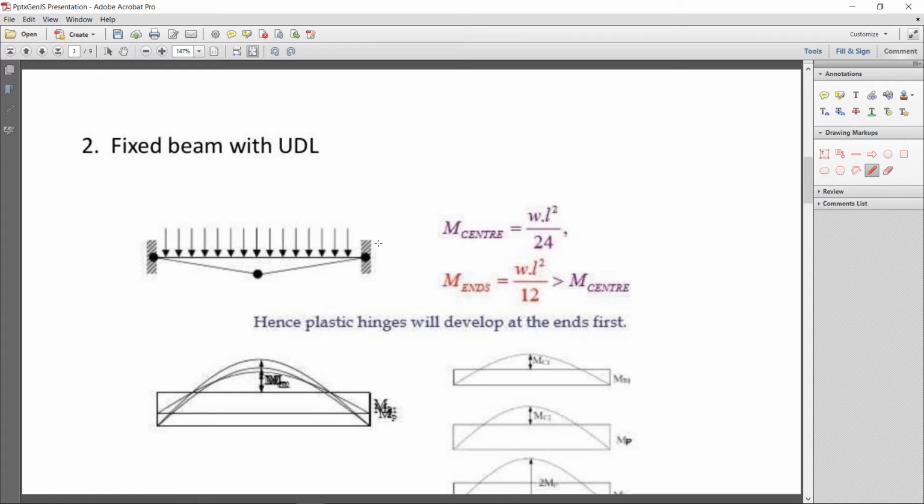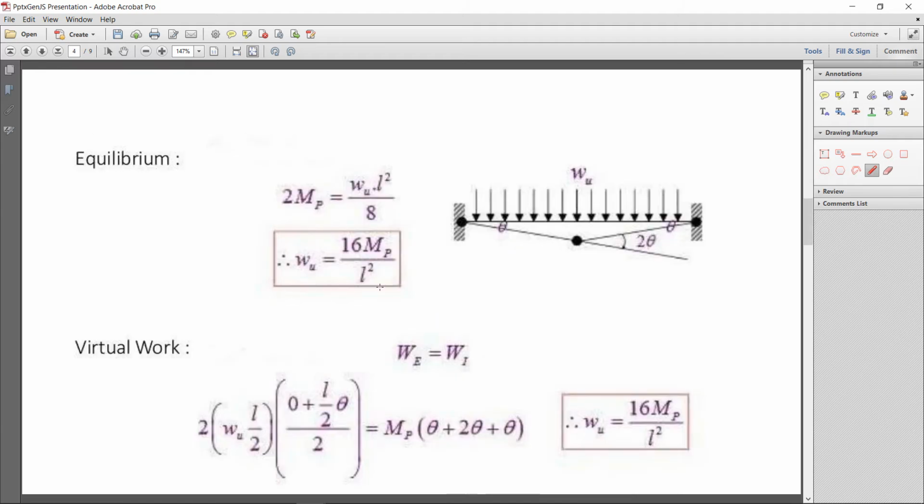So first of all, plastic hinges will form at the supports. When the plastic hinges form at the supports, this beam will act as a simply supported beam. After forming the hinges at the supports, the beam will act as a simply supported beam. Okay, so now first of all, by the equilibrium method, when the beam